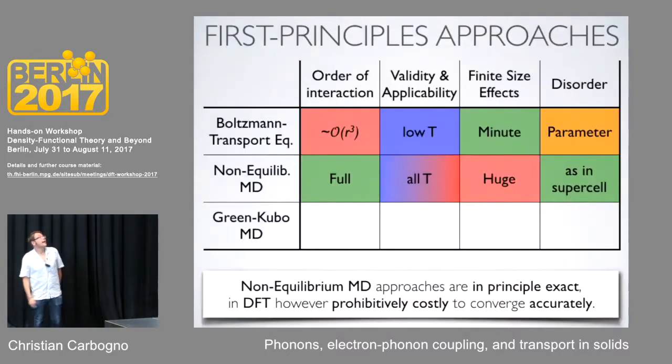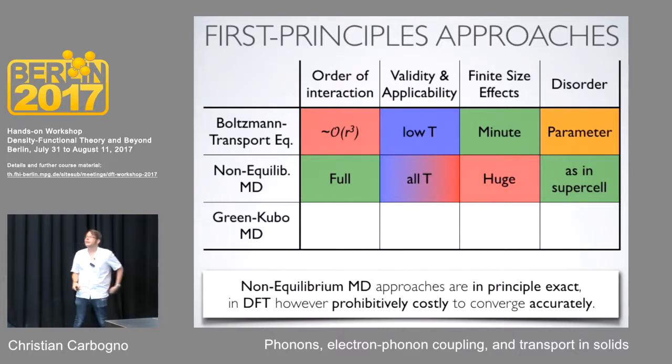So this kind of approach works nicely because you can really account for the full order of interaction. You can go up to all temperatures, but the finite size effects are so huge that reaching the bulk limit is really, really challenging. You can use it if you're looking at nanostructures, if you really just study something that is in the order of magnitude of nanometers, then you can start using that, but otherwise reaching the bulk limit is challenging. Exactly because you use thermostats to apply this non-equilibrium situation.